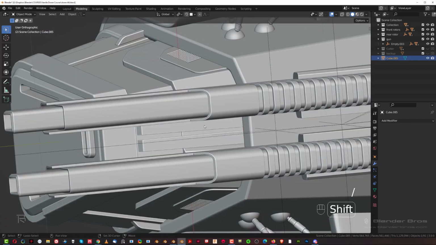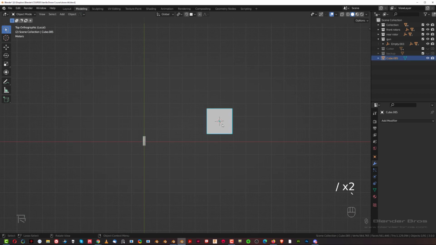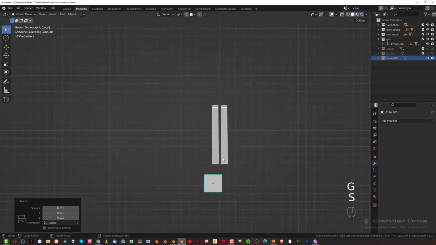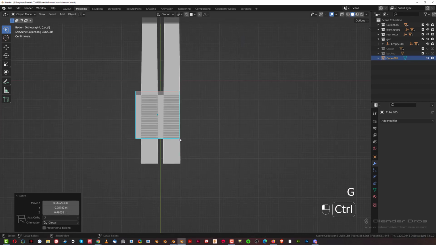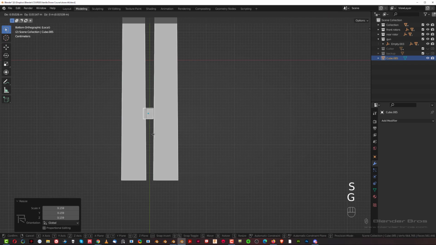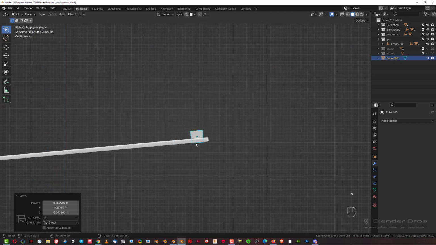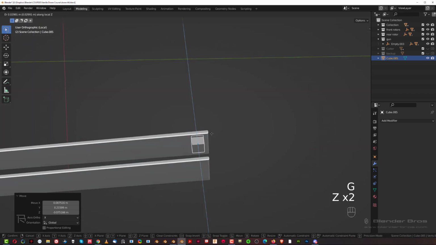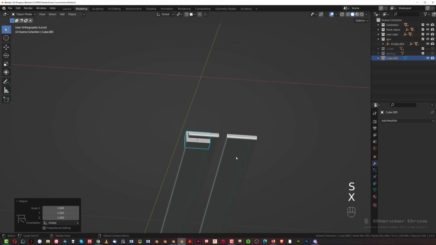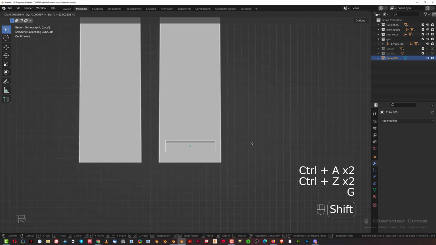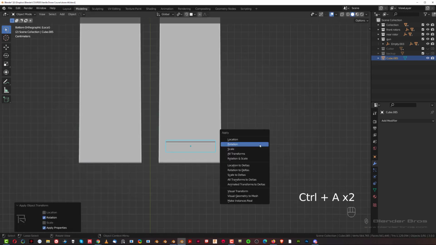and grab this one again, go here to local, grab this cube, go to bottom view, grab this cube here, scale it, okay, G, control click here, and G, and align it, because it's a little bit angled, yeah, so you need to align it. GZZ, drop it down, and then SX, scale it, GX, move it in here, and SY, GY here, and then make sure it's in the middle. Apply rotation, apply scale,